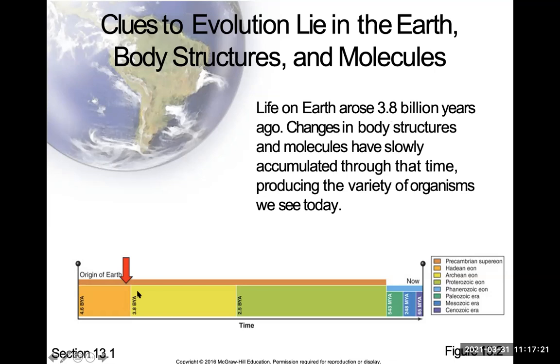And then this was maybe the first cell, single cell, and then maybe turned into prokaryotes here, maybe eukaryotes, multicellular organisms. So it started with a simple cell and then got maybe more complex over time. There might be some changes in body structures and molecules that happen, and you're gonna notice it happened very slowly here, very slowly here, but then after that, it happened a little bit quickly compared to these times. So that produced different organisms. So maybe first there was just single cell, then multicellular, then those multicellular turned into animals, plants, so different things.